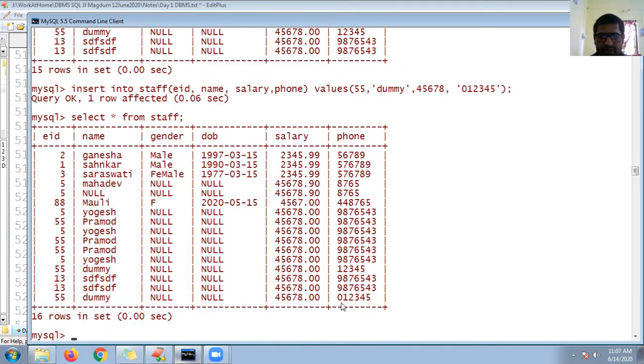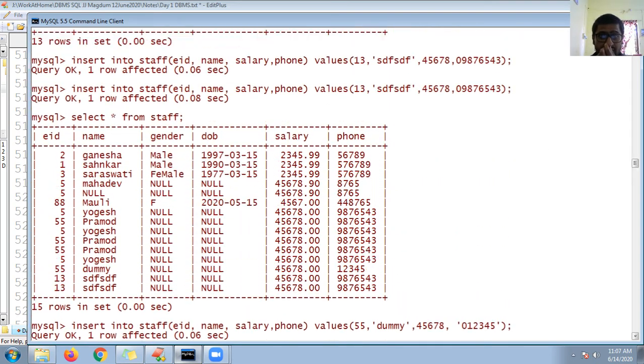Now you can see the 0 is coming. But whenever you work with an integer, the problem is that any value preceded by 0 will have that 0 skipped by the integer data type. Likewise, whenever you use a varchar column and try to insert an integer directly, look here, I try to insert the integer in a varchar column called phone. Then also it has automatically converted the integer value to varchar.